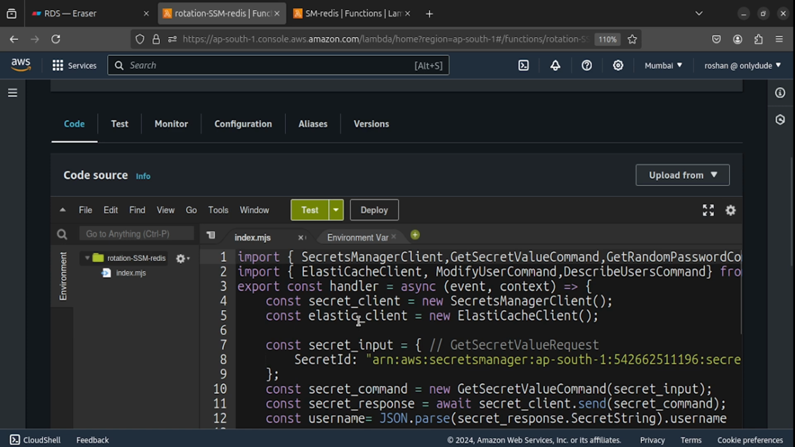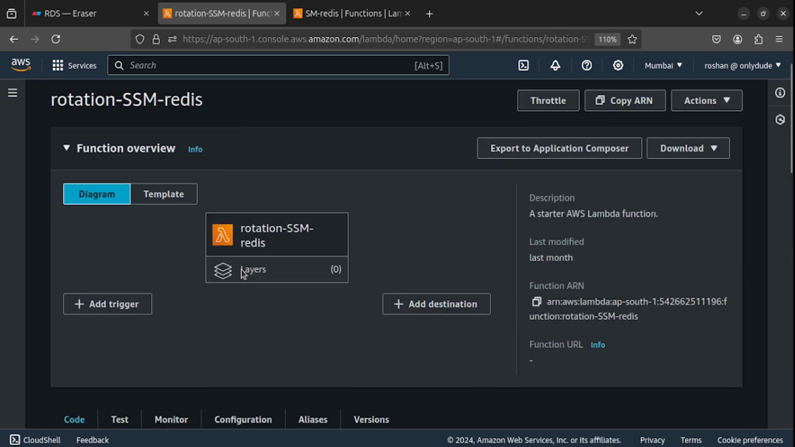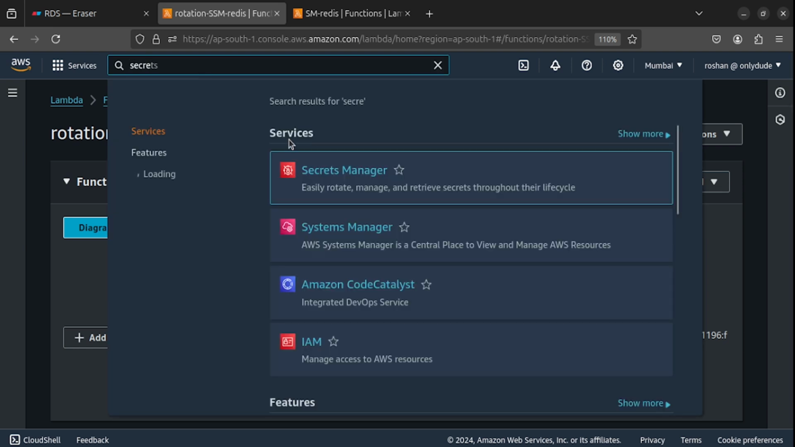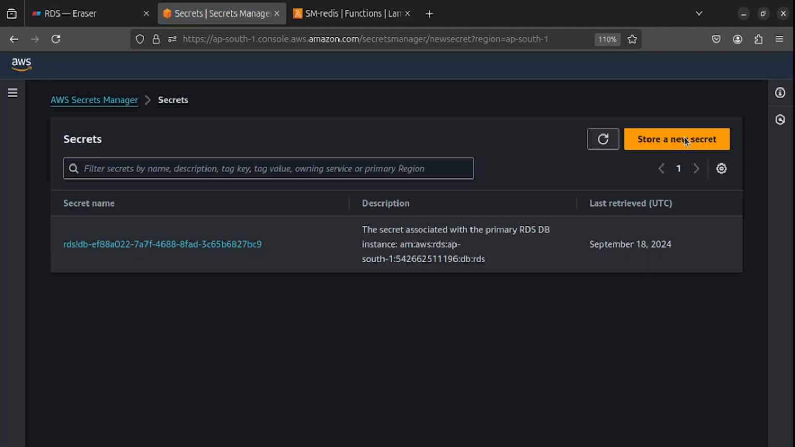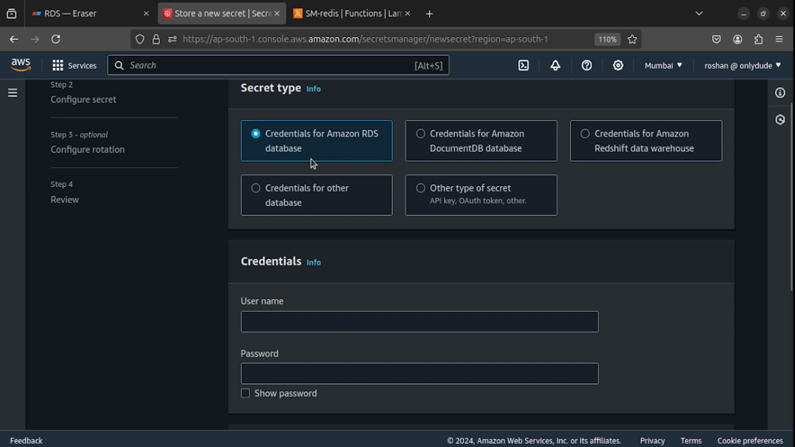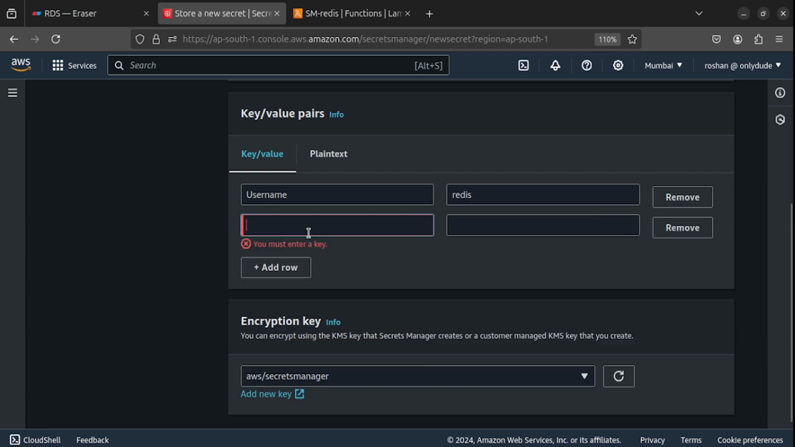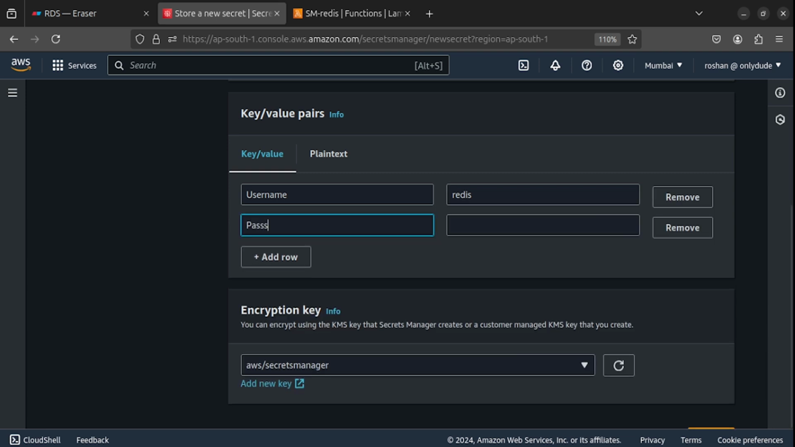Okay, so let's start to create a secret or store our credentials for the Redis in a secret manager. For that, we need to open the console for the secret manager, store a new secret. It is not for the database, it is for the Redis. So we are going to select other type of secret. I will give here a username as Redis. We are going to add one more row here, which is a password,